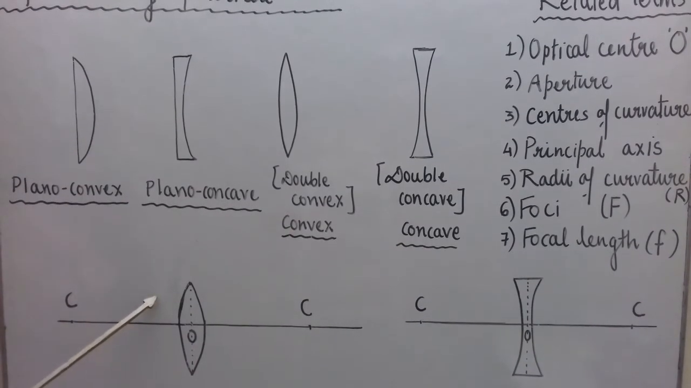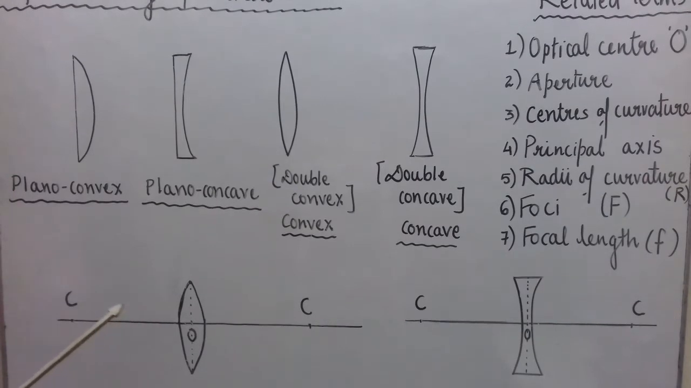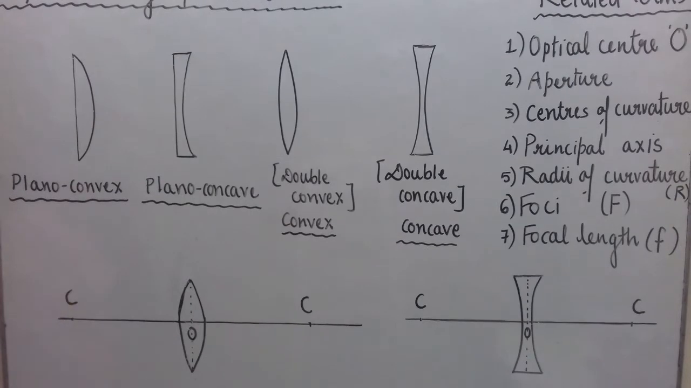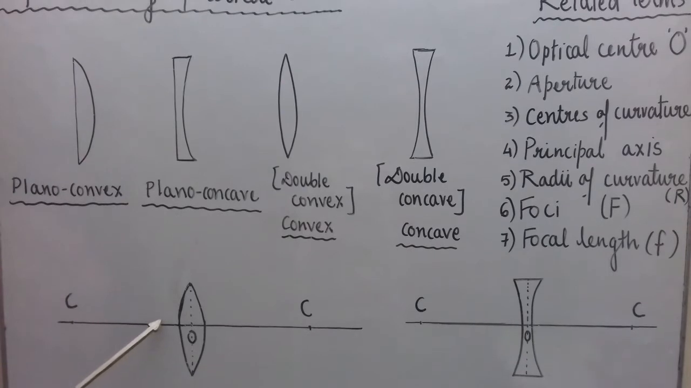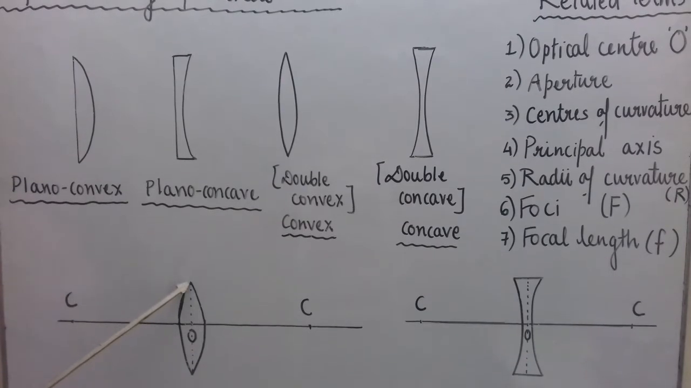Centers of curvature. Now in case of a mirror, we have only one center of curvature, because we have only one curved part, one reflecting surface. Here we have two refracting surfaces and two spherical parts, so accordingly we have two centers of curvature. Now if you consider this part,